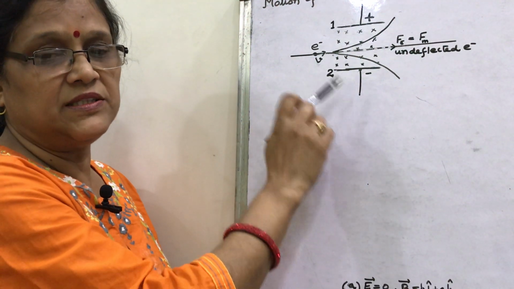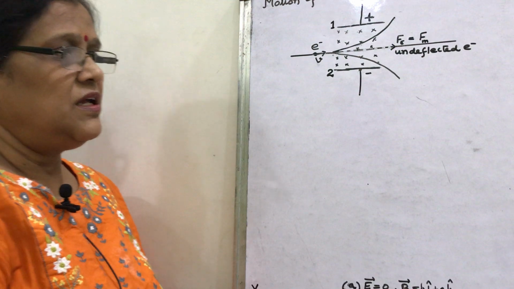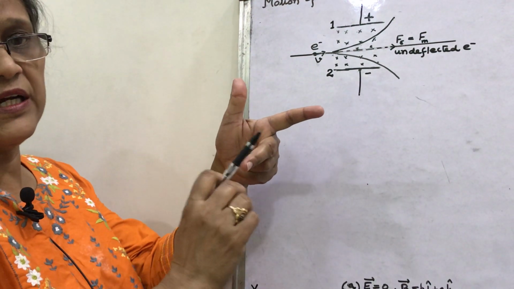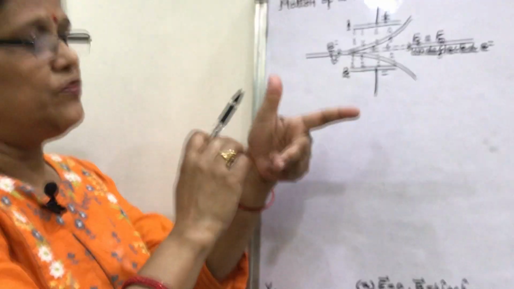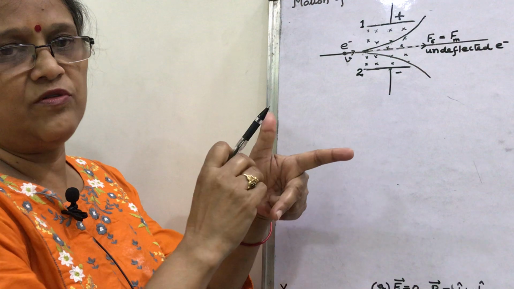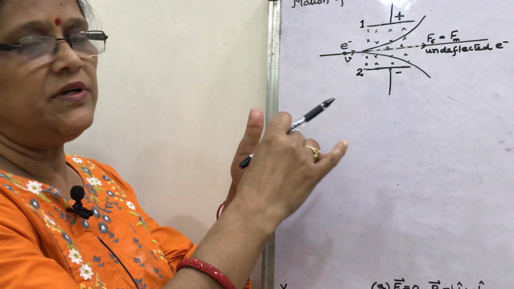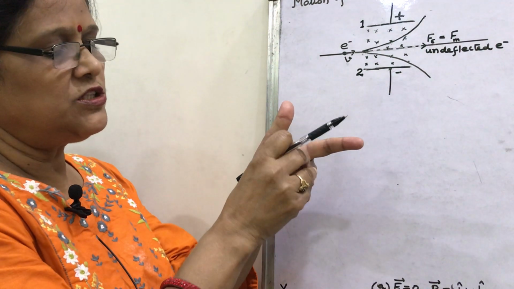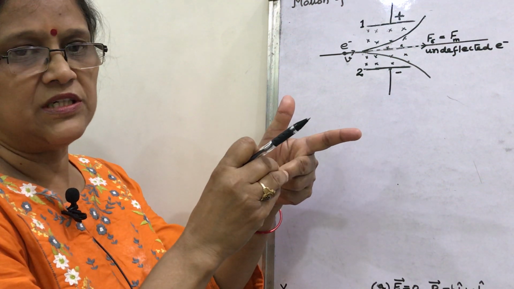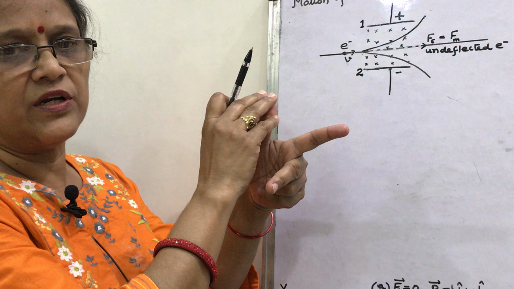How will you decide its direction? Look, the direction of the Lorentz force acting on the charged particle is decided by Fleming's left hand rule. So this finger denotes the magnetic field, this denotes the positive charge motion, velocity of positive charge, and this is the force acting on it.